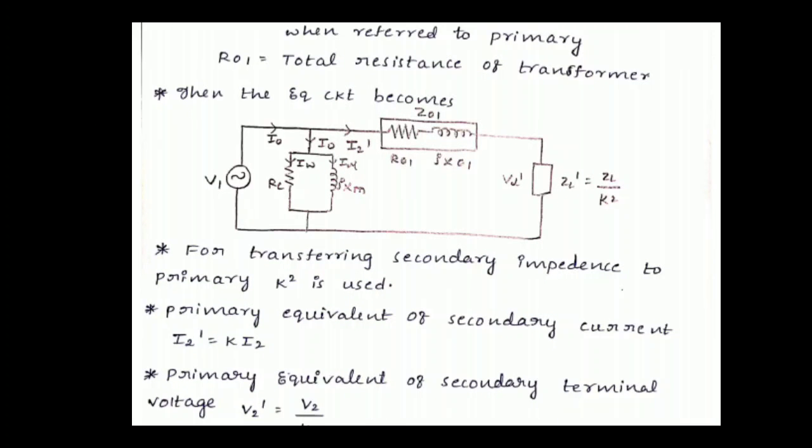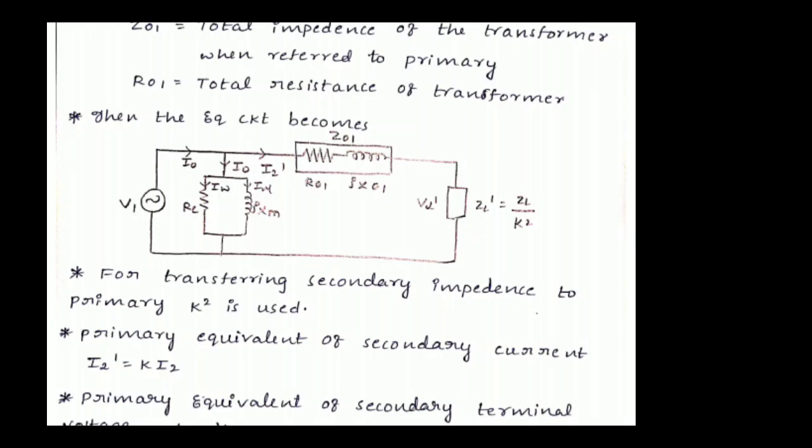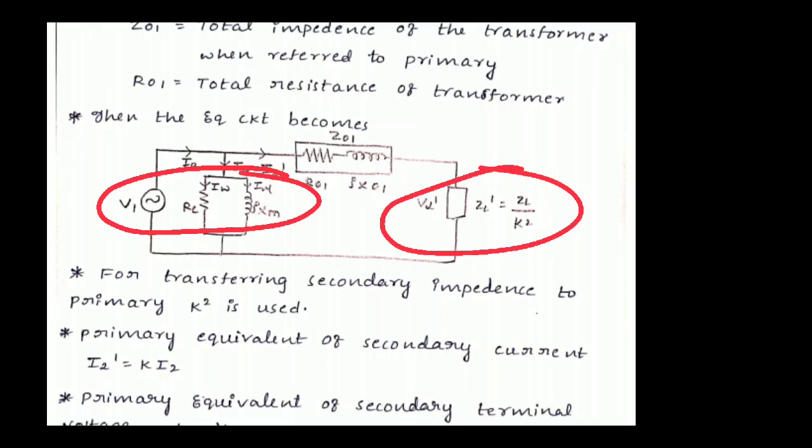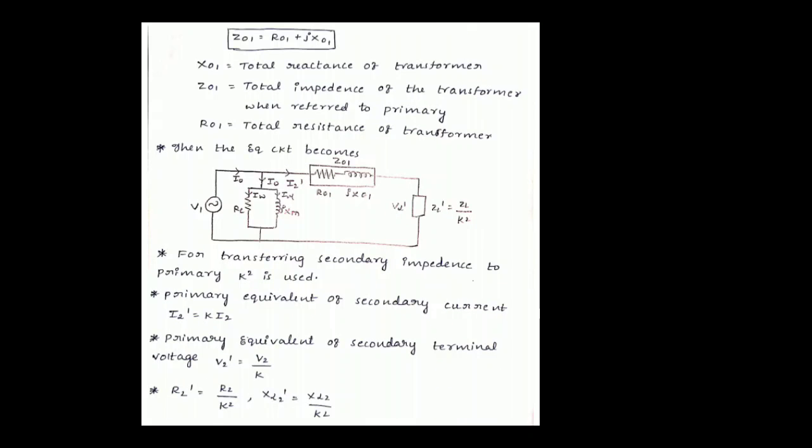So we have V1, and in parallel to this V1 we have a shunt branch. These two are connected in parallel. This is the first approximation, and Z01 is the impedance connected in series with ZL dash. Later, what is the second approximate equivalent circuit? Now